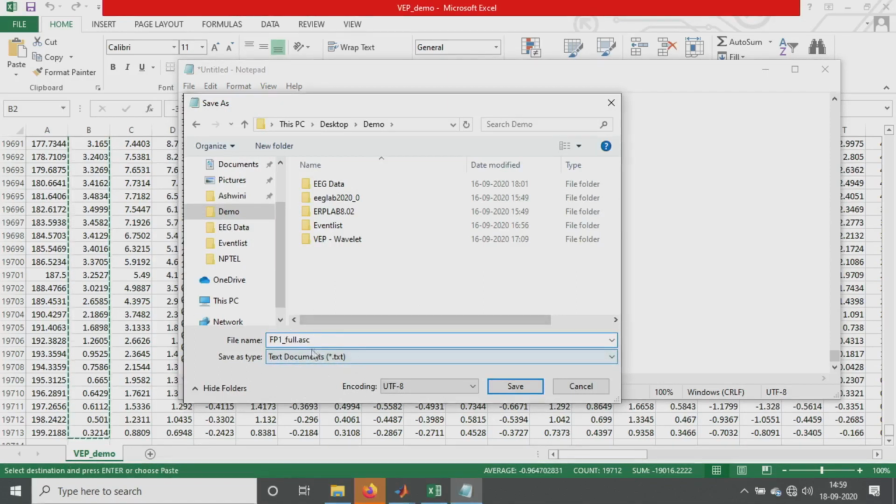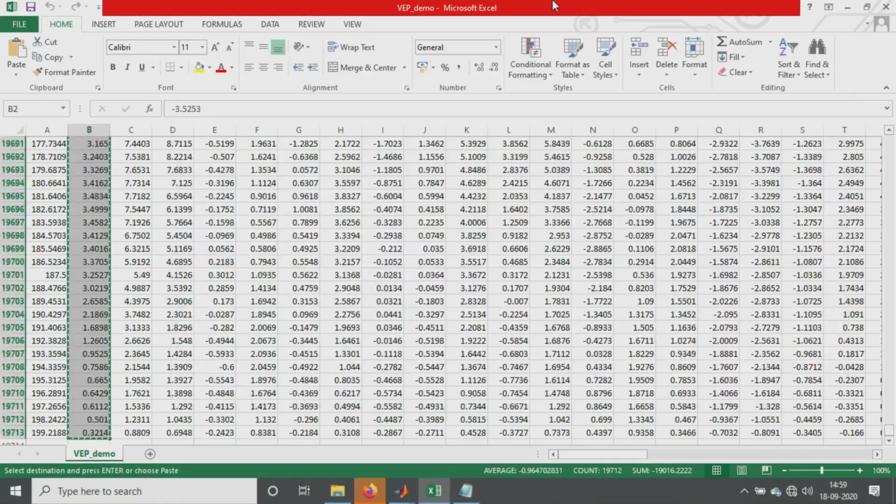This is all the positive up data points. If you want negative up, you just have to multiply the whole data sheet with -1, so that you get the whole of it as a negative up version.